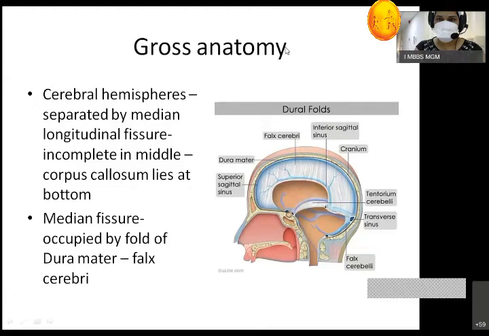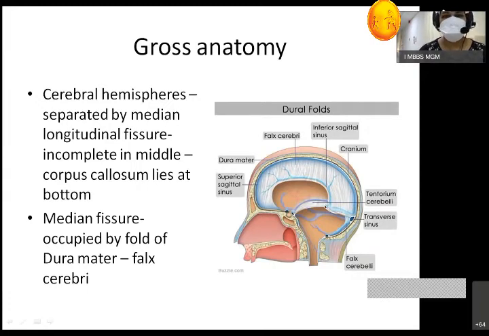Move toward the higher center, that is cerebrum. So first, today's topic is a general introduction of the cerebrum. The cerebrum resides in the cranial cavity. We have learned that this cranial cavity is divided into three parts, that is anterior, middle and posterior cranial fossas. So in total, the whole of the brain resides in this.